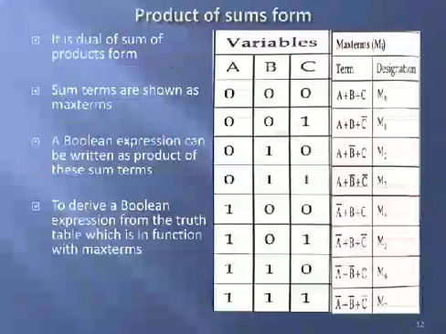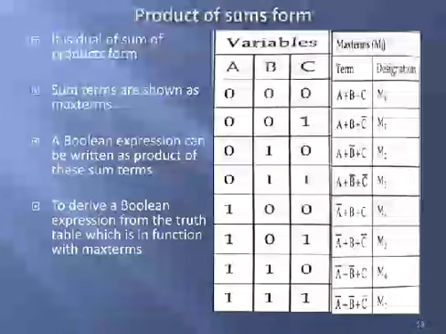Now you will be having sum terms, and you are ANDing all those sum terms, resulting in product of sum terms. ANDing is nothing but product in the case of Boolean algebra. So all those sum terms will be ANDed together, which will give the standard product of sum form.